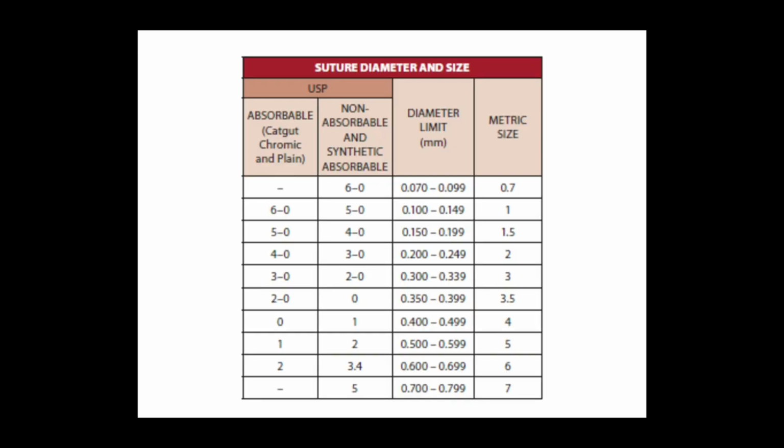This is a small chart that is going to describe it. There is the USP and the European Pharmacopoeia classification also included in this, where you can see the absorbable suture material and the non-absorbable suture material. The sizes have been mentioned and the diameter also varies, and the metric size. If you are planning for a number 1 suture material, you can see in non-absorbable it becomes a 50, and in absorbable it becomes a 60 suture material. So that is how a suture material is selected.